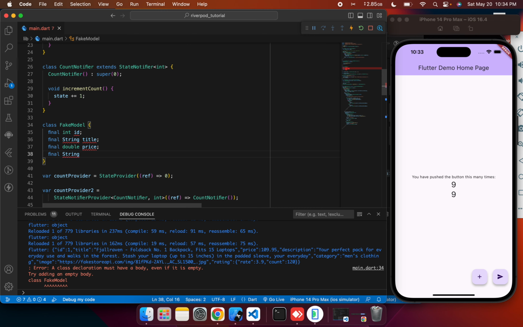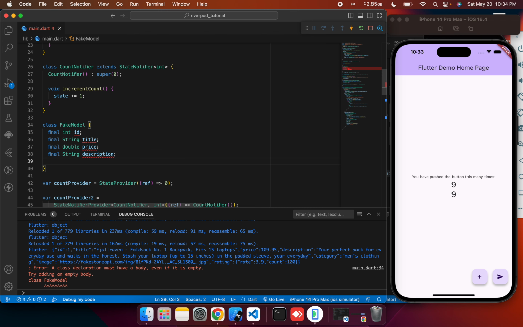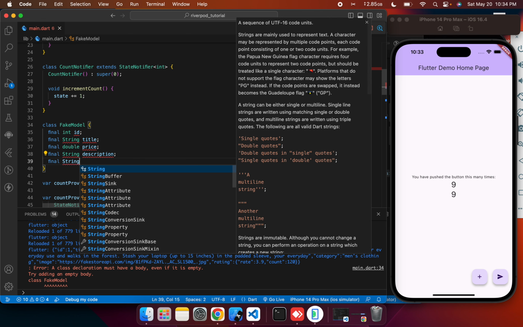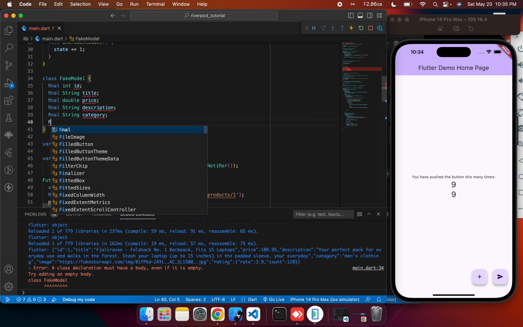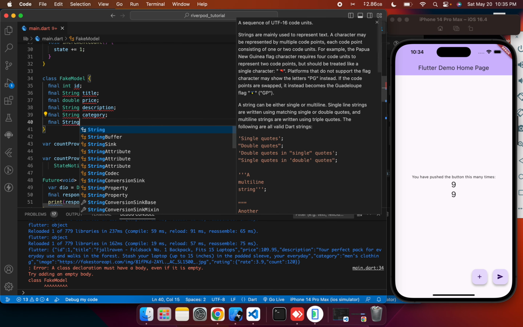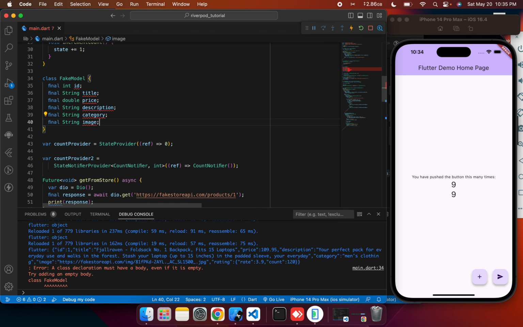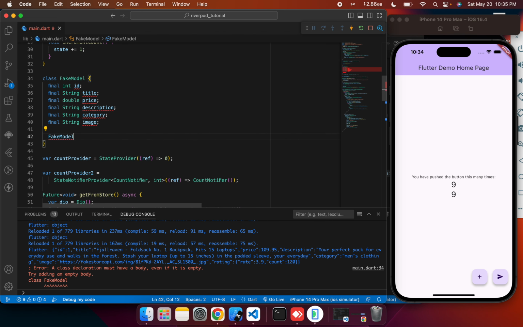Final string description, then final string category. Then final string image. Good. So we make our fake model, and then we'll do required this dot